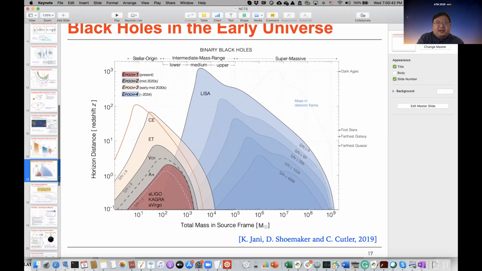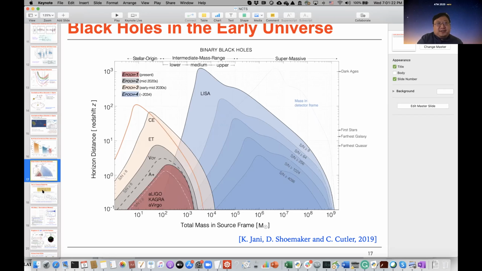And therefore, not only will we be able to probe the formation history and the population, but also, very importantly, we can correlate the locations of these binaries that we have seen, including how far they are and where they are, with other indicators of large-scale structure of the universe. This way, we will have a tool for studying not only the evolution of the universe, but also the growth of structure.